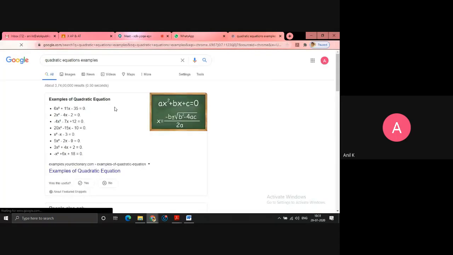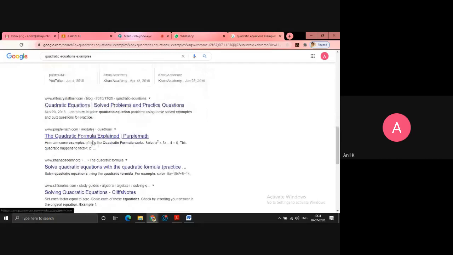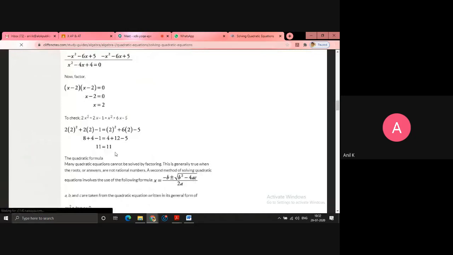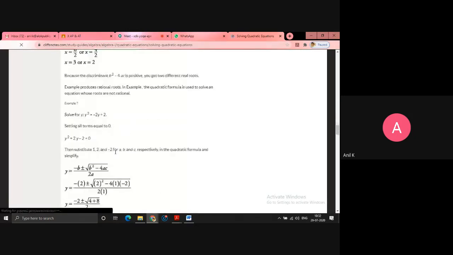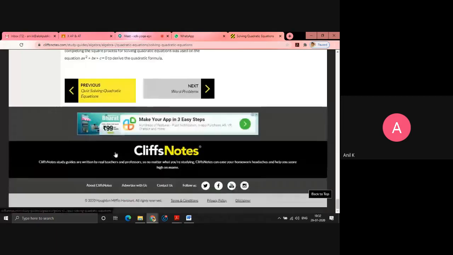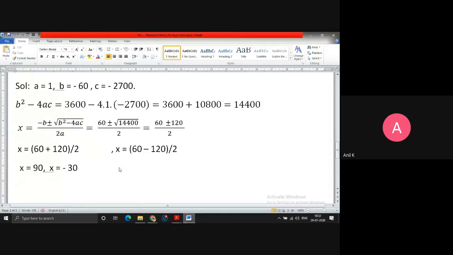There are a few questions which are not discussed here. Where is Byju's? Wait a minute. Let me see if I can get it. No. No, not this one. Okay, let me give myself one question instead of searching here and there.